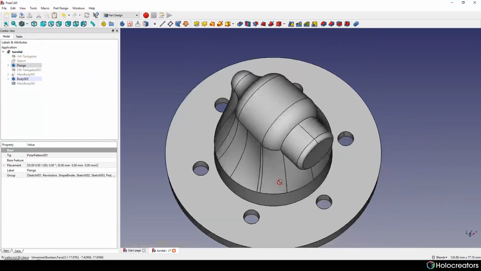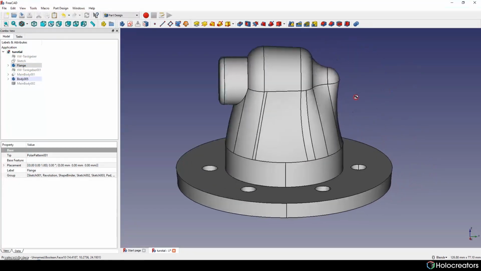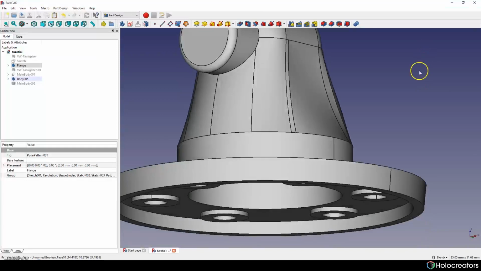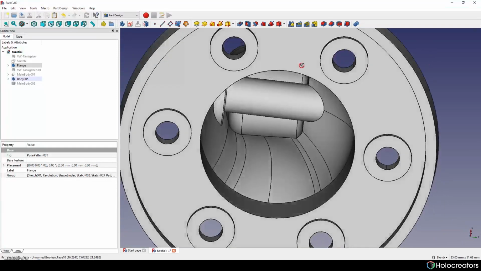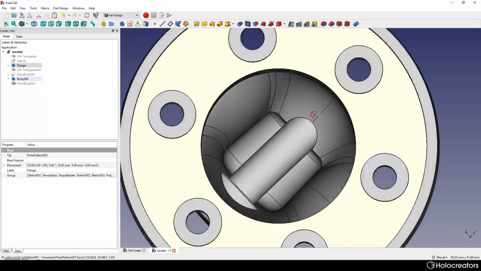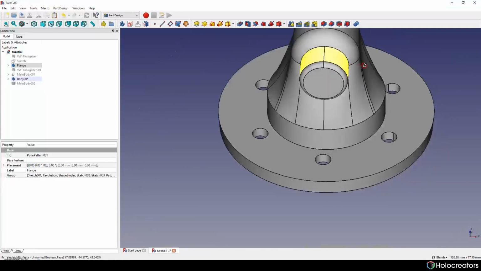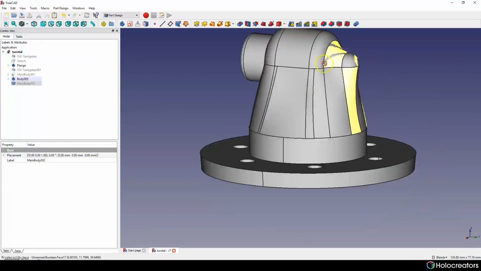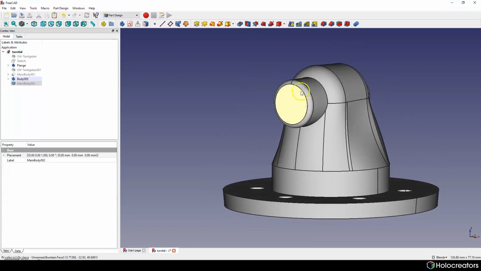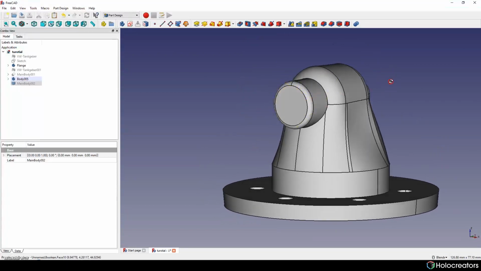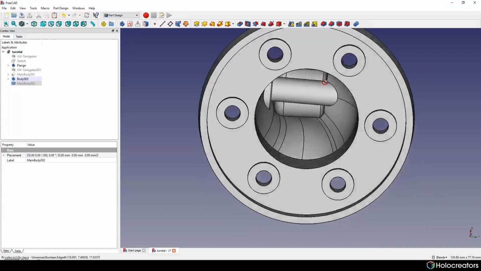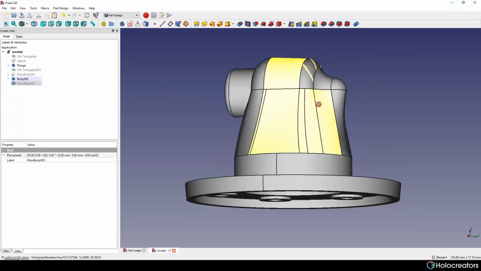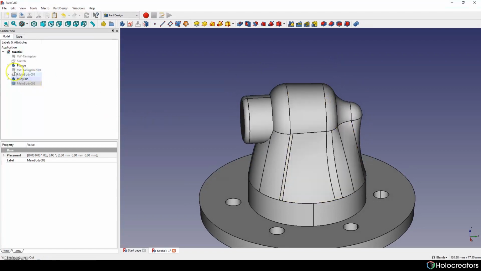So, getting closer to finishing the model. And now we need to create another sketch which will define our inner part. So basically everything is the same as it was before.